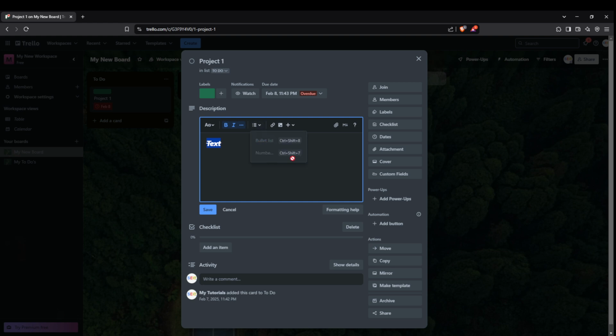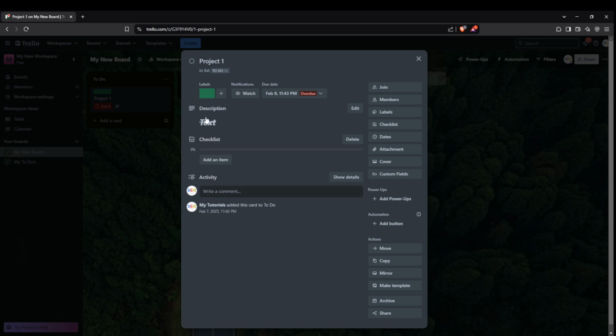Finally, once you are satisfied with your formatting and content, be sure to click the Save button to save your changes. After you've completed your formatting on one board, you might want to apply similar styles across others. Simply go to your company board and repeat these steps as needed. By taking the time to format your text, you enhance not only